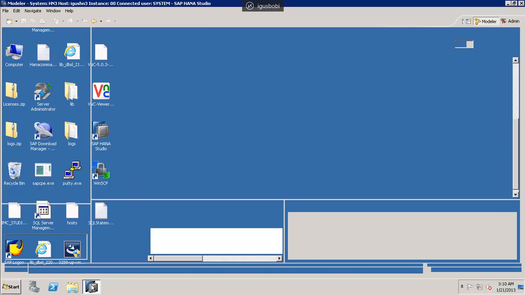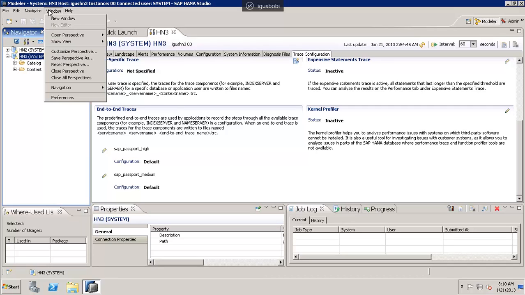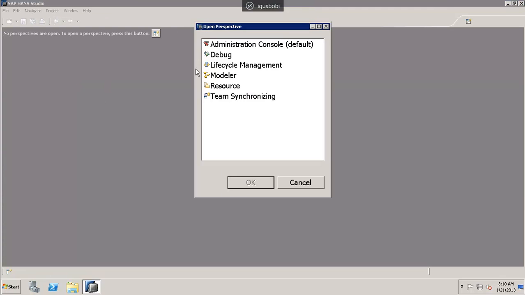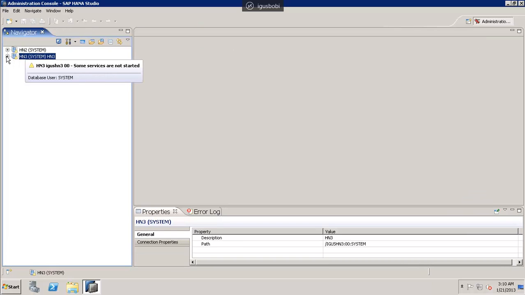Let's go to the HANA studio and we are in the modular perspective. Okay, let's close this modular perspective and just make sure that we are going to the admin perspective. So now we are in the admin perspective. The way to access the license and create the license keys is basically we can go to the properties tab,